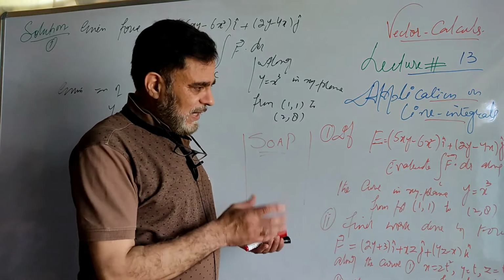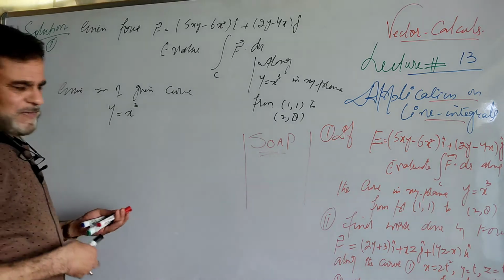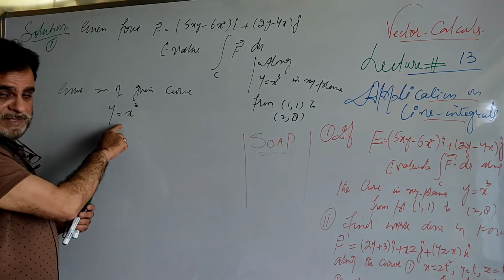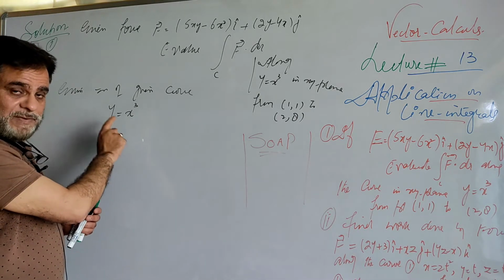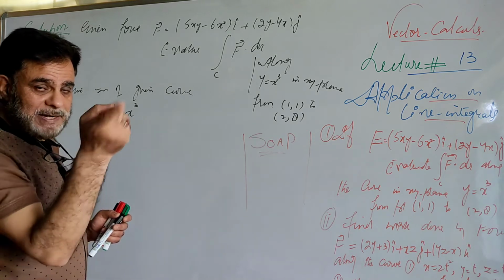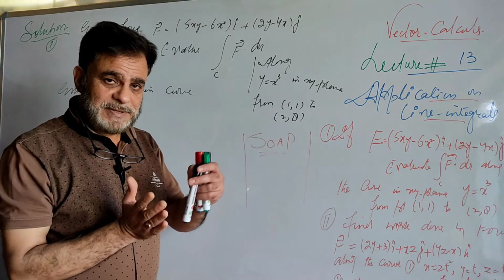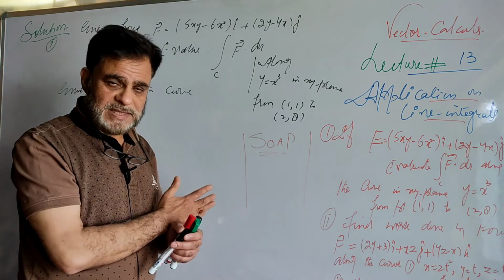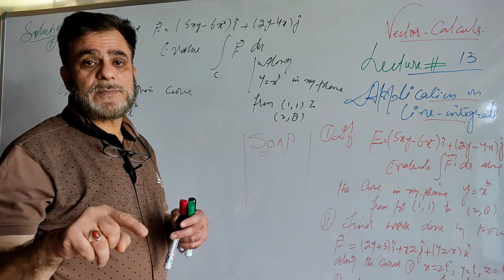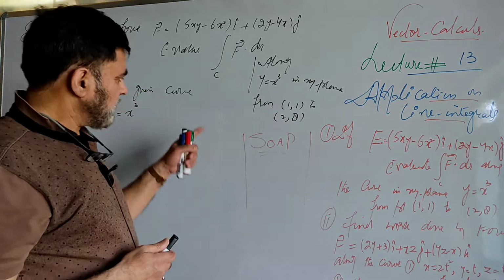So we assume that this curve passes through the origin, because (0, 0) satisfies it. It has no symmetry. Remember, there is no even power of x and no even power of y, so you are not certain that it has any symmetry, like a parabola has. Sometimes a parabola is symmetric about the x-axis. Sometimes it is symmetric about y. If it is y square equal to 4ax, then you know it is symmetric about the x-axis. If it is x square equal to 4ay, then you know it is symmetric about the y-axis, and so forth. So this has no symmetry.